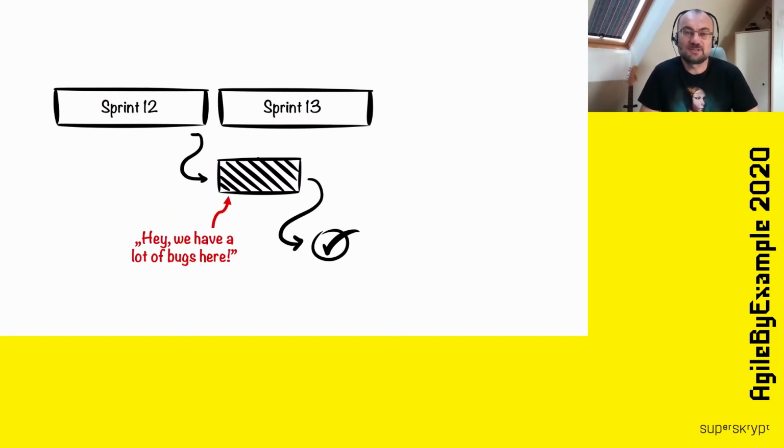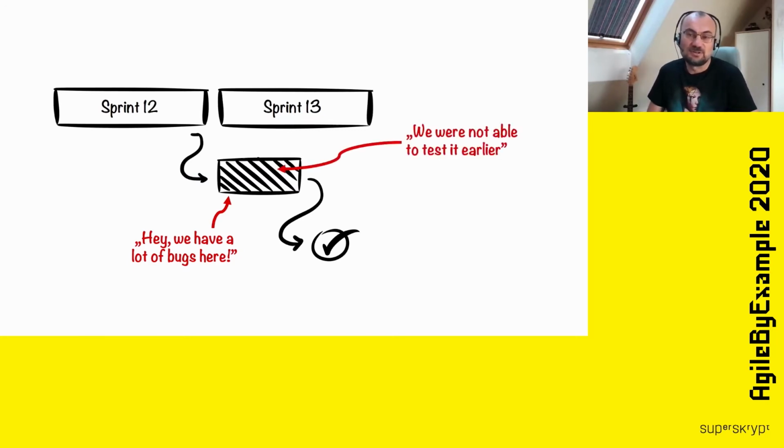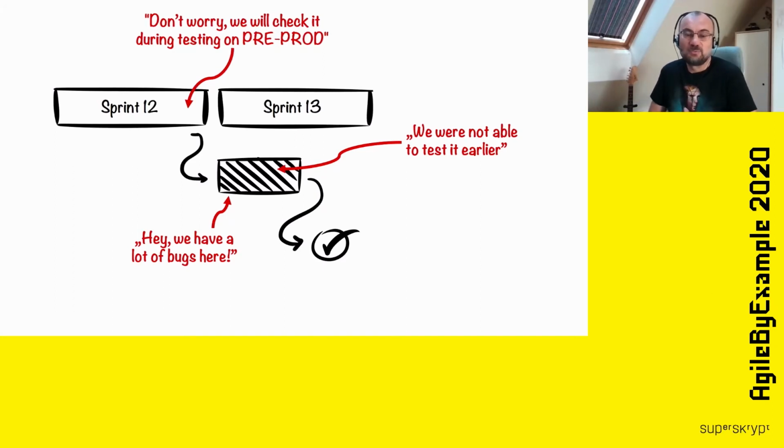It occurred that we discovered a lot of problems during this regression. Moreover, we found out that there were some features that were not possible to test on the test environment, and teams postponed the testing to this regression test. And when we hit a hard time, when we faced a strong push to deliver, some teams took the decision to move the testing to this regression testing, because we will test it anyway, so let's do the development in the sprint and let's test it later.